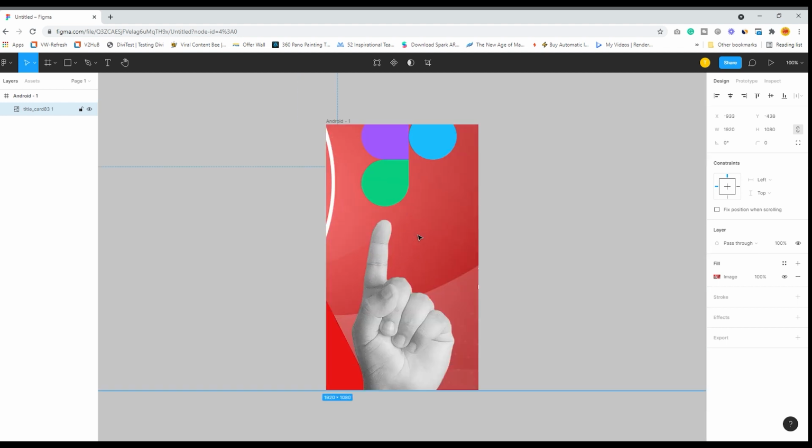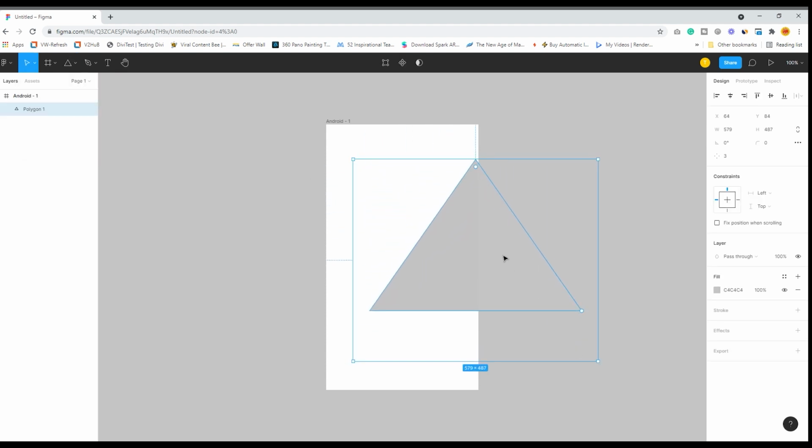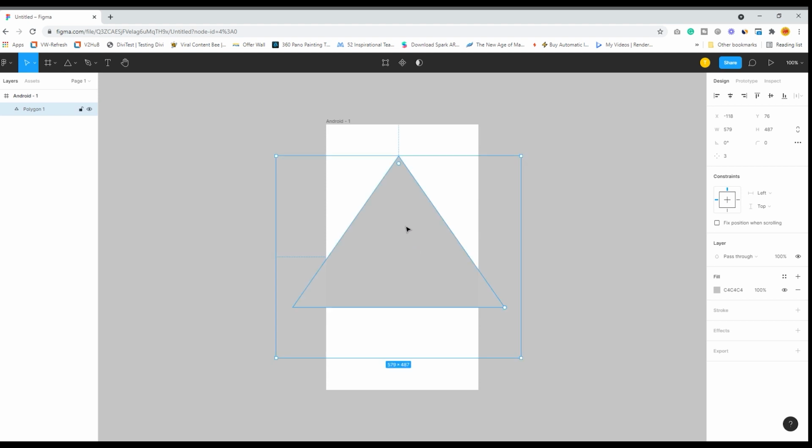What happens if I have a polygon shape, say for example like this, and I want to place an image inside this? Very simple, I select this particular shape, go to place image and put this image inside it. Lovely, so simple, isn't it?